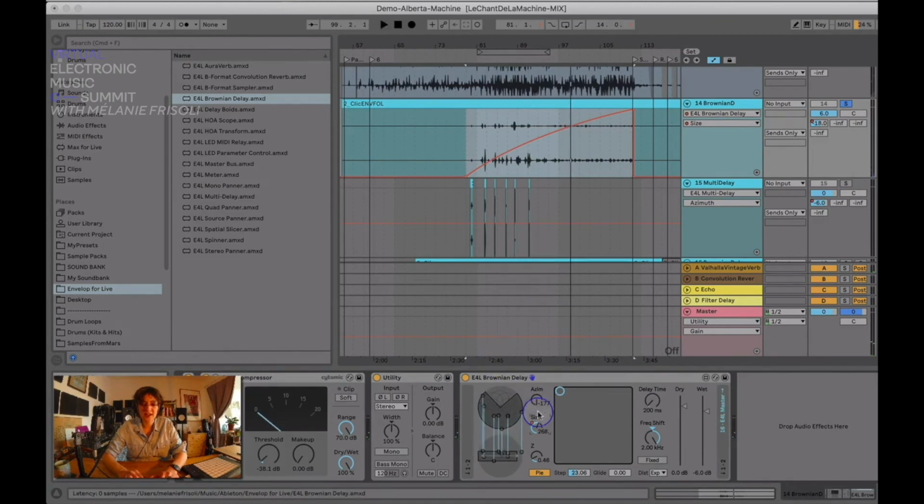Pretty interesting, right? I just wanted to move a little bit more, so I just want to delete this automation,